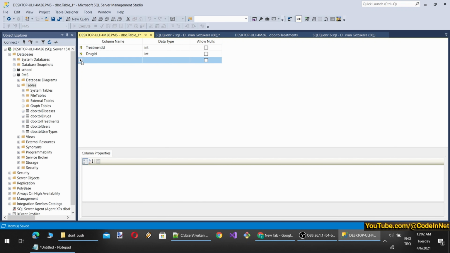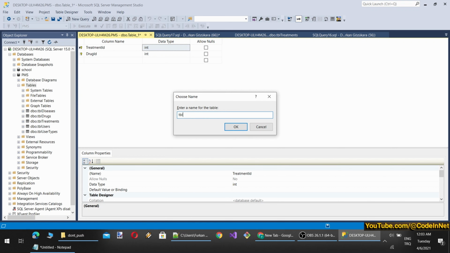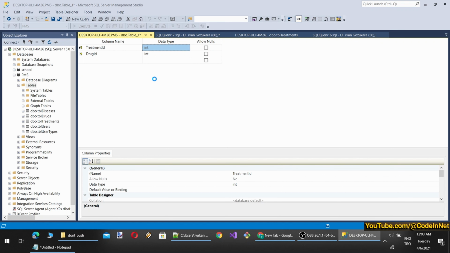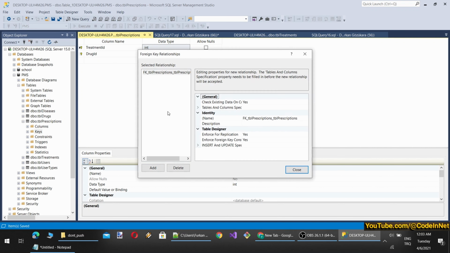However, we can also add an additional thing. It can be the prescription date. Why? Because a patient may get multiple prescriptions of the same treatment, but it is related to your design. So let's keep it this way for now. Yeah, let's keep it simple. TBL prescription. Okay, and now we also need to set foreign keys for this.